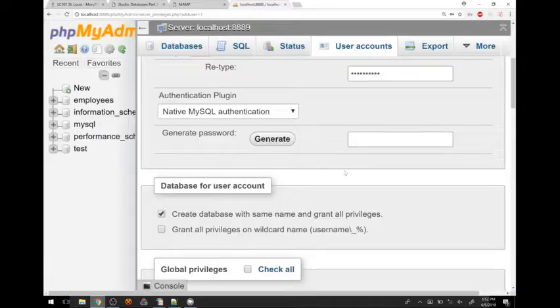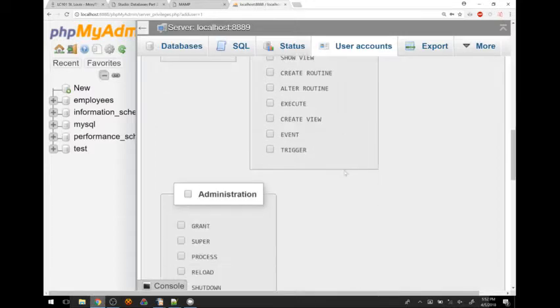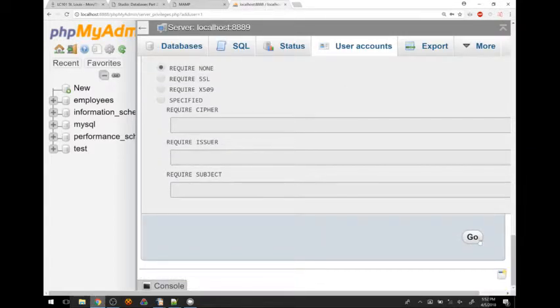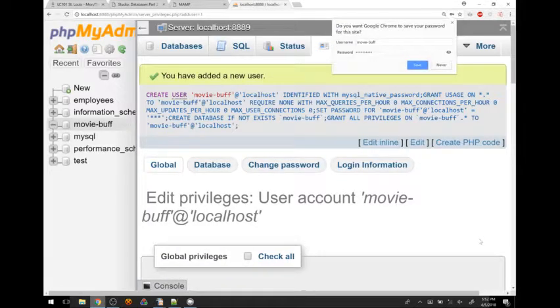Okay, we're going to go ahead and click the go button down here at the bottom. We're going to skip all this stuff, don't worry about it. Just go right on past. Click the go button down at the very bottom of the page, and hopefully it tells you that you've added a new user successfully. If you got an error, then that's definitely something you should talk to your TF about, or myself. Flag me down. I'd be happy to figure out what happened if you got a problem here. But hopefully it says you've added a new user. That's what we would like to see. This is the user we're going to use for our application.